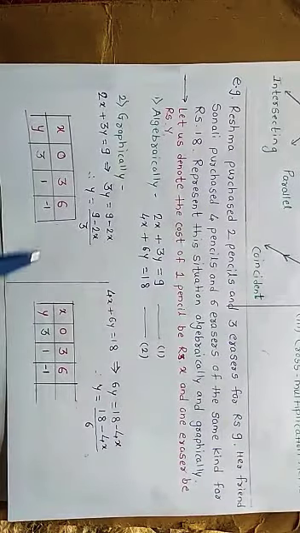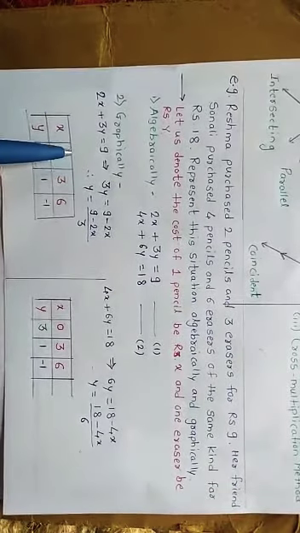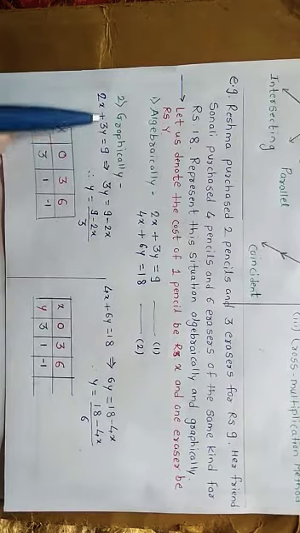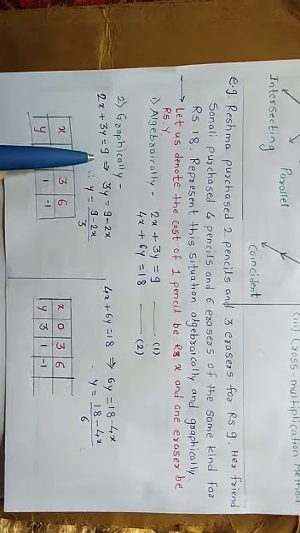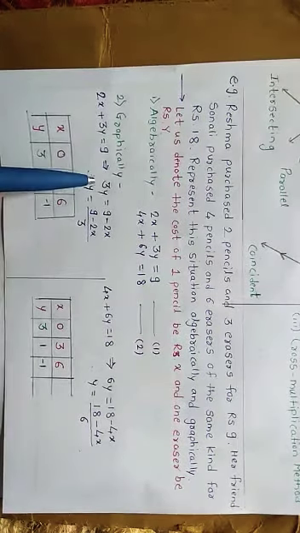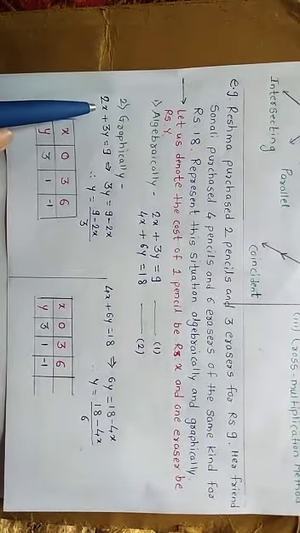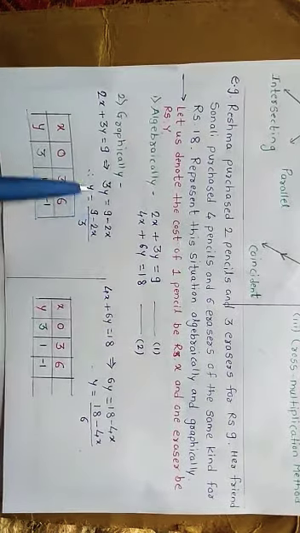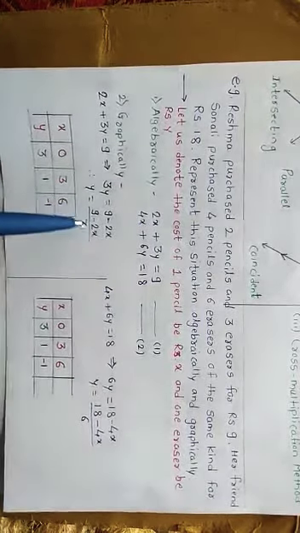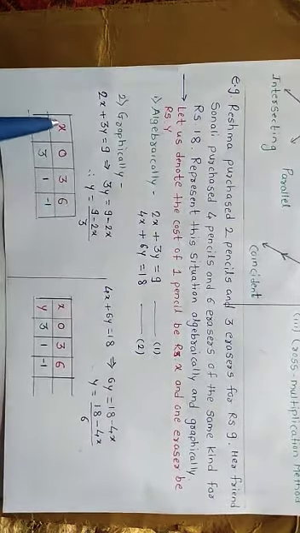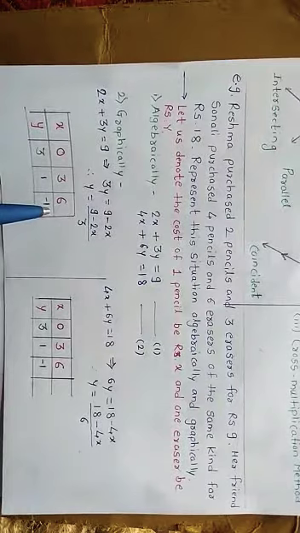Then graphically, how to represent it? We know how to find solutions for two variables. Suppose this is 2x plus 3y is equal to 9. Then we have to convert it in the form of y, therefore 3y is equal to 9 minus 2x, and y is equal to 9 minus 2x divided by 3. Then we have to make this table. For this chapter we want at least 3 solutions.